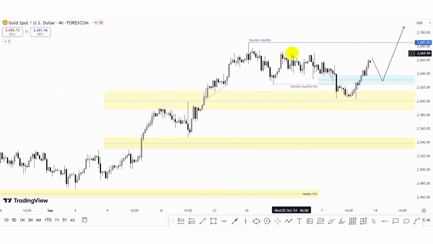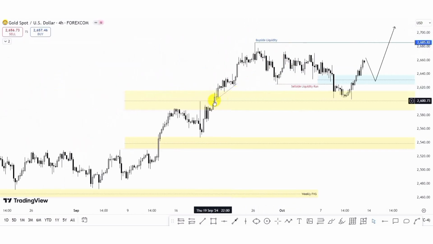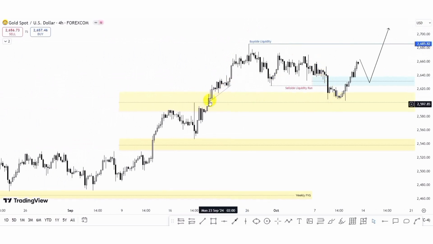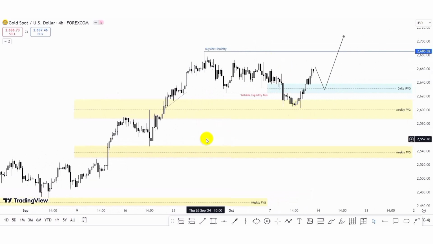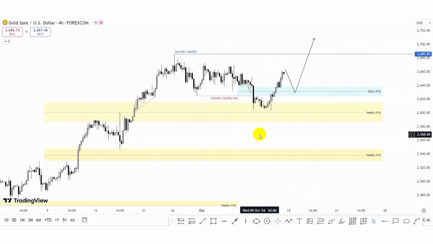So in the 4-hour time frame, what we can see is last week I actually told us about these liquidity pools. We expected to see price return to take out, in confluence with the sell side liquidity, and now we can see our price return, and then we have price within our weekly fair value gap. Now we can see the push of price to the upside. So we identify the daily inversion fair value gap, so we can see pools of liquidity here.